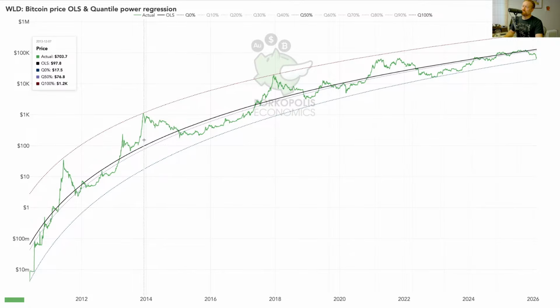All right. OLS is $100 in December 2013, right around the top, which was in November 2013, but $100 in December 2013. Let's go to $200 on the OLS. August 2014. So at that time, it took 8 months to double, or the translation is that's about 13%. Bitcoin got 13% older in that time.